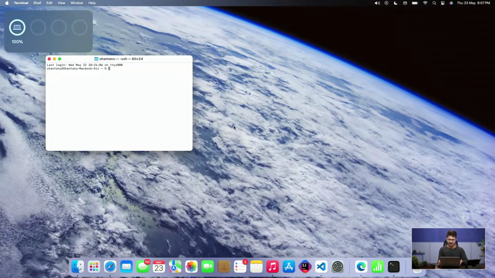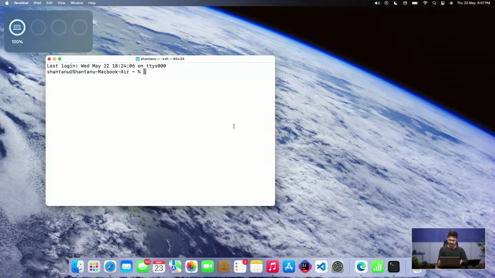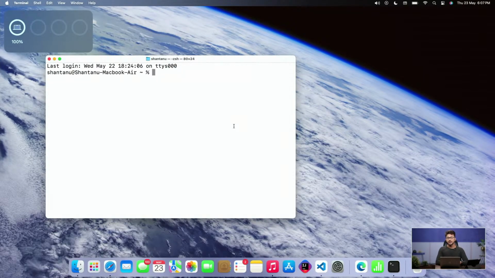I am particularly not going to download it because it already exists on my system. So I am not going to download it, but you will need to download it on your machine. Okay, so now the next step is I will go to my terminal, and check whether my installation is